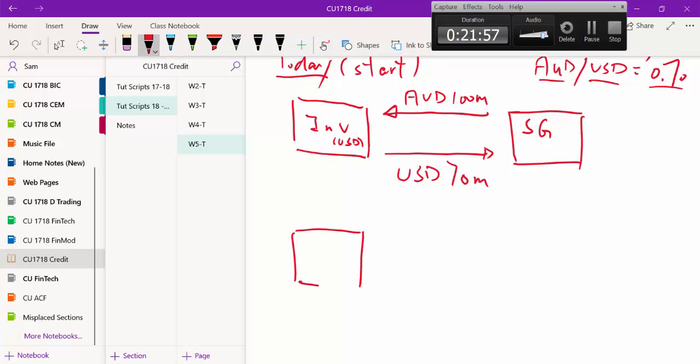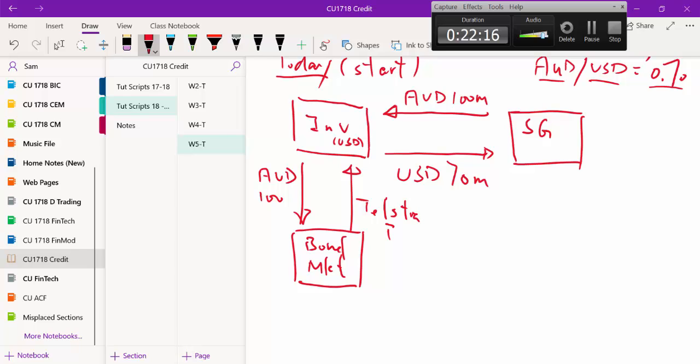So after you do that, on day 1, this investor can now go to the bond market and pay away this Australian dollar and actually get the Telstra bond. Correct? Yeah, so they own this bond now. Notice that operationally, what they actually have done is they paid away 70 million US dollars and they bought 100 million Australian dollar bond, which is exactly what they want. They don't have Australian dollars, they don't need it. Now,